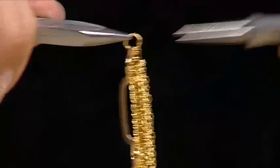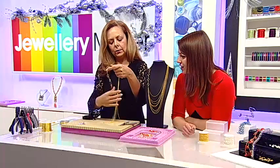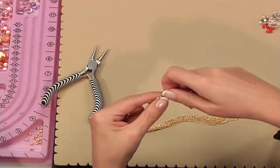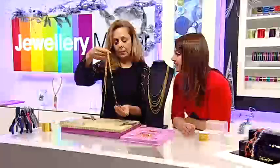Perfect. And then there you have the first side of your necklace, and then you would do the same on the other side. I've left a bit there, I didn't connect that in. So now we only, how did I say we had? Oh yeah, 8 now. We've got 8 now. That's fine. Okay. And then you do exactly the same on the other side,